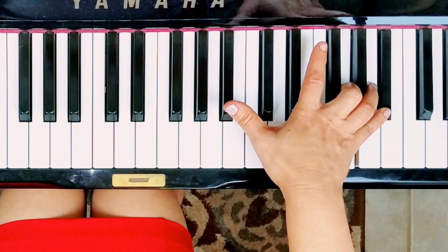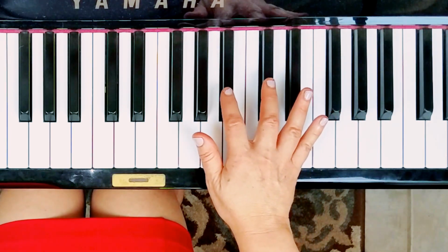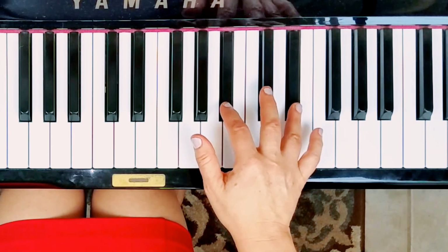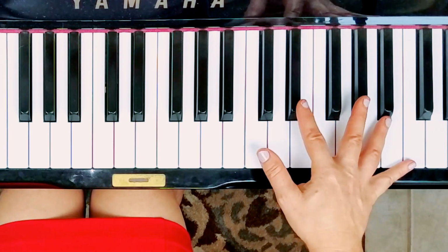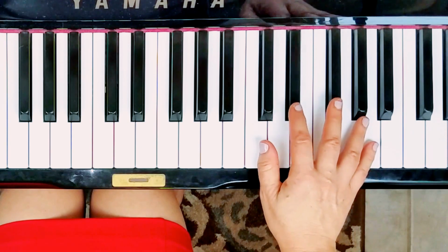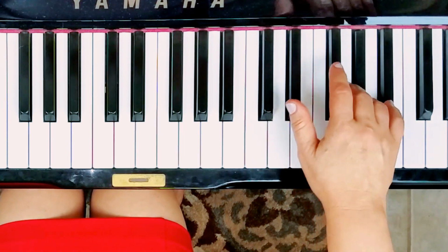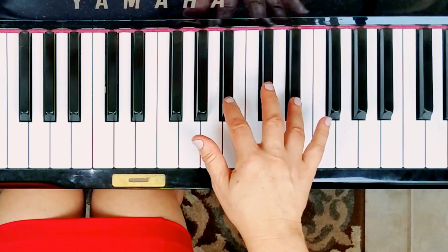Reach your first finger down to B flat. Play that B flat again, but this time use second finger and fourth finger on E flat. First finger on G. Repeat that. Let's play that much with counting. So here's the roll up. 1, 2, 3, and 1, 2, 3, and 1, 2, 3,